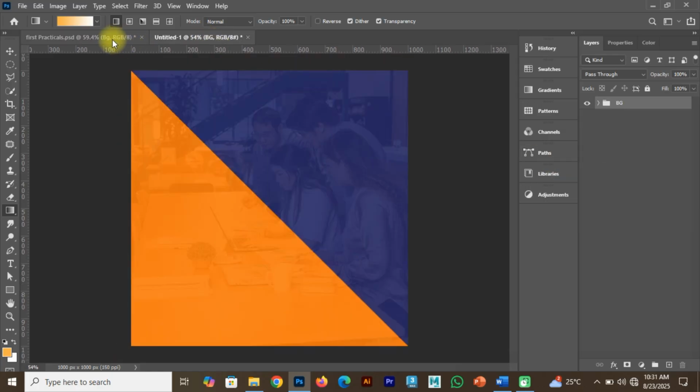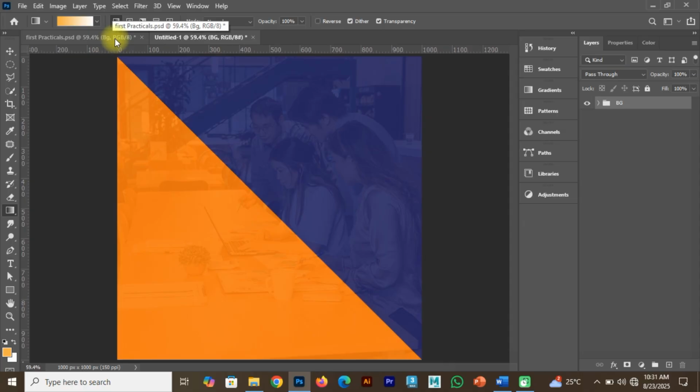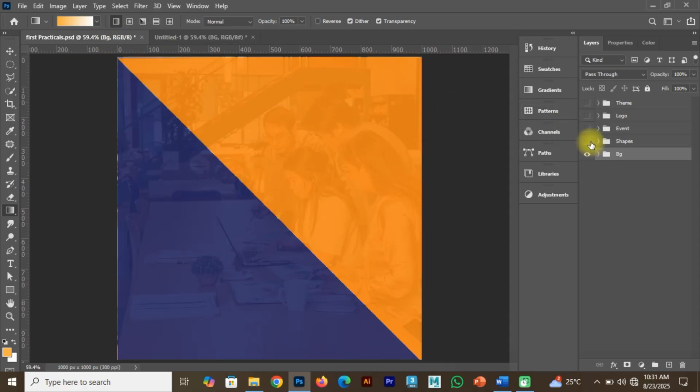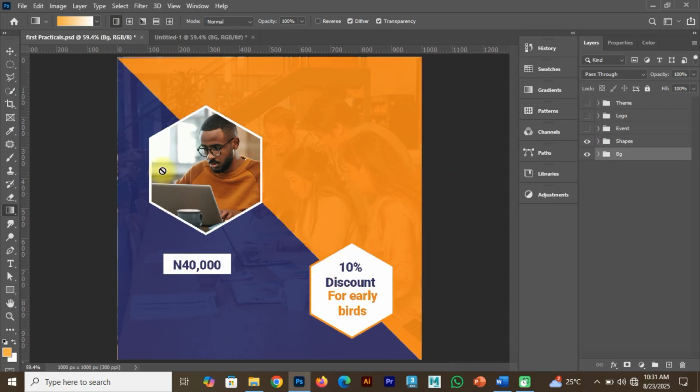So let's move on to the next. Ctrl 0 for zoom extent. The next thing are these shapes. All right, very easy and very basic. Nothing difficult here. So let's move on. So I'm going to